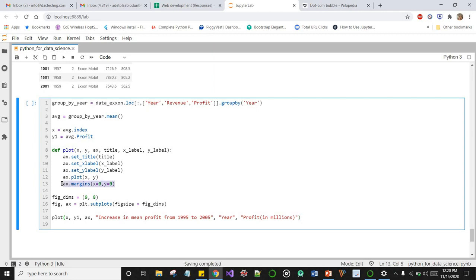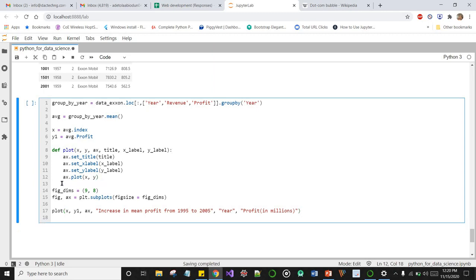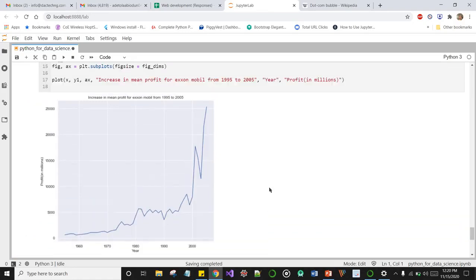I don't want the margins to be tight, and the title of my plot would be increase in mean profit, because we are looking at just one company, ExxonMobil, from 1995 to 2005, and profits in millions. I think everything is fine, and if I do a shift enter, boom, we have our plot.